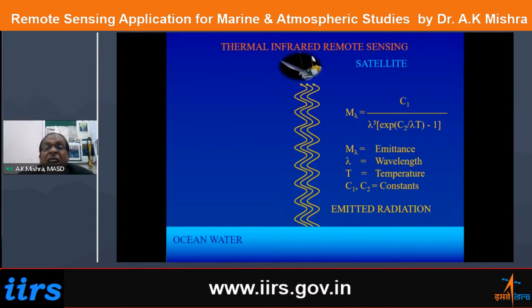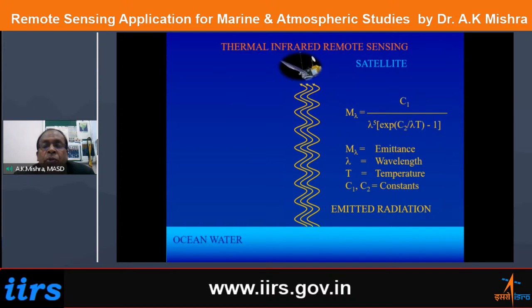And the radiance you are getting is M lambda. And if you put it in Planck's law and invert Planck's law, you can find out the temperature T of the object. So we have several satellites having thermal sensors, from high resolution to low resolution, starting